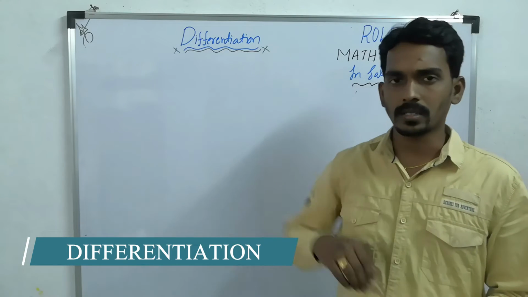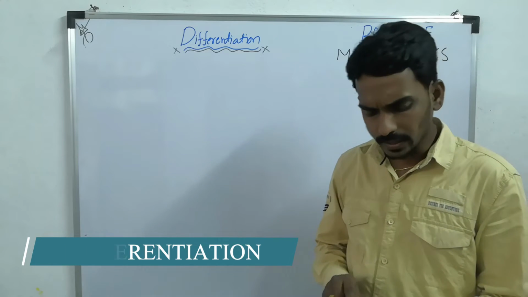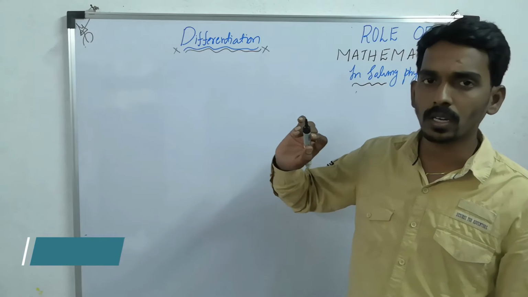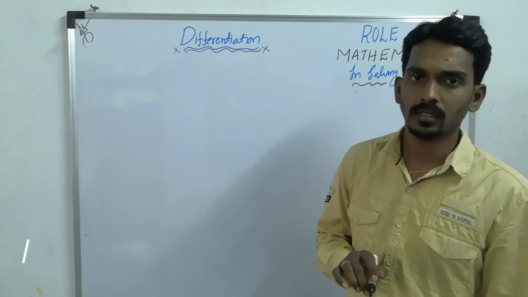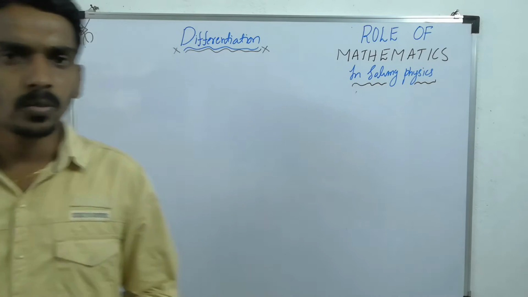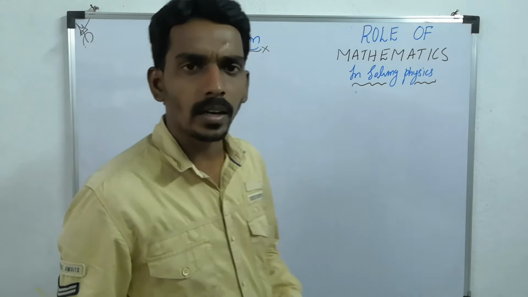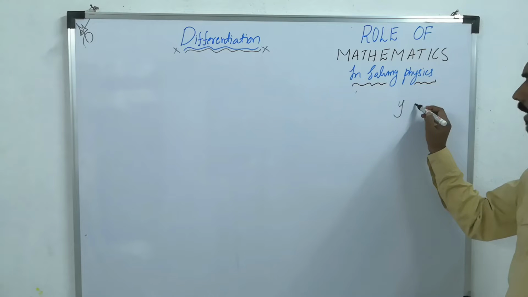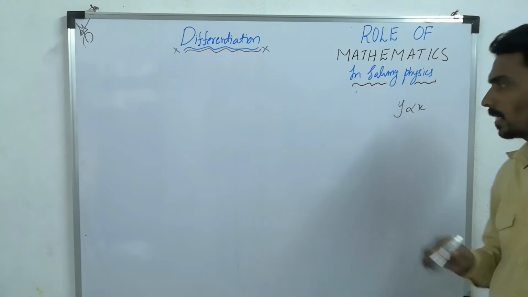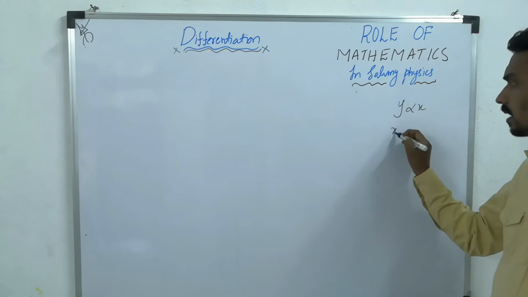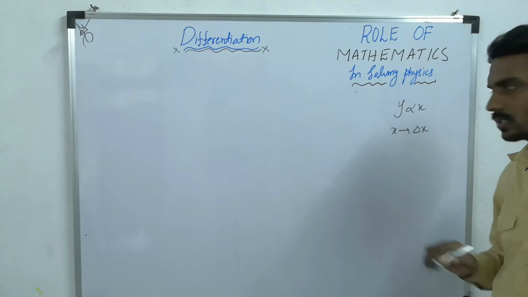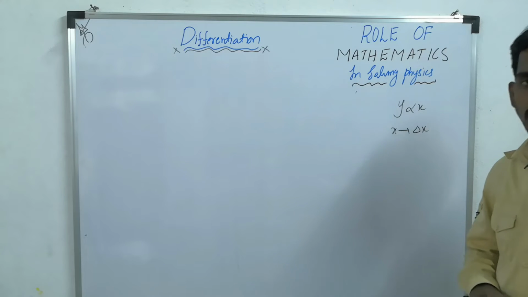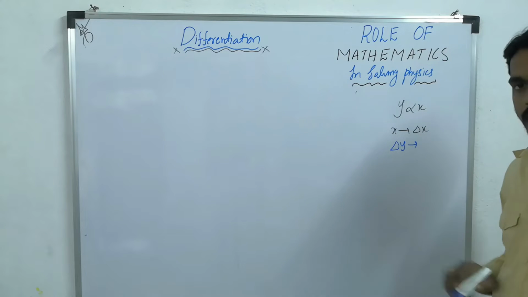So let us try to understand differentiation. As I told you, integration is nothing but addition. Similarly, differentiation is nothing but what? Subtraction or change. What is that? Change in one quantity with respect to another quantity. Let's take y as one quantity and it is depending on x, another quantity. Now, as x changes, let's say the change in x is delta x, then there is a change in y also. Y also changes. The corresponding change you consider delta y.